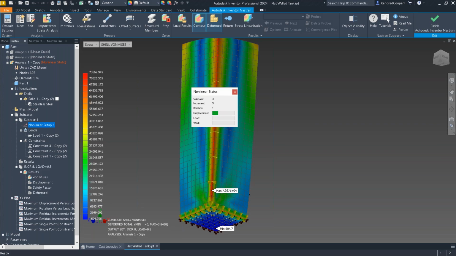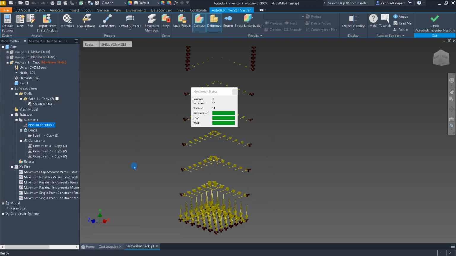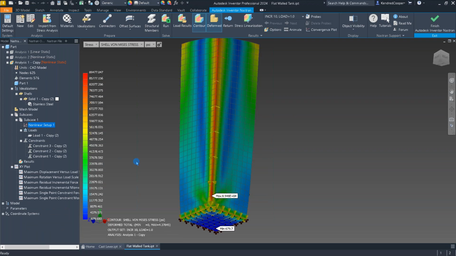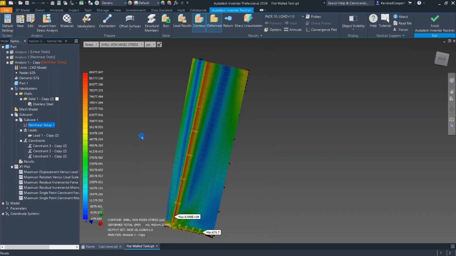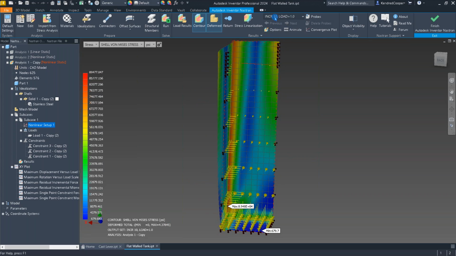So you're seeing that load situation at 10, 20, 30, 40, all the way up to 100%. And when the results are done, we'll be able to go back and dial in to see those intermittent outputs. So it defaults to a shell von Mises, so we can see the stresses on that. And you'll also notice up here at the top, it gives me a pull down to where I can say,